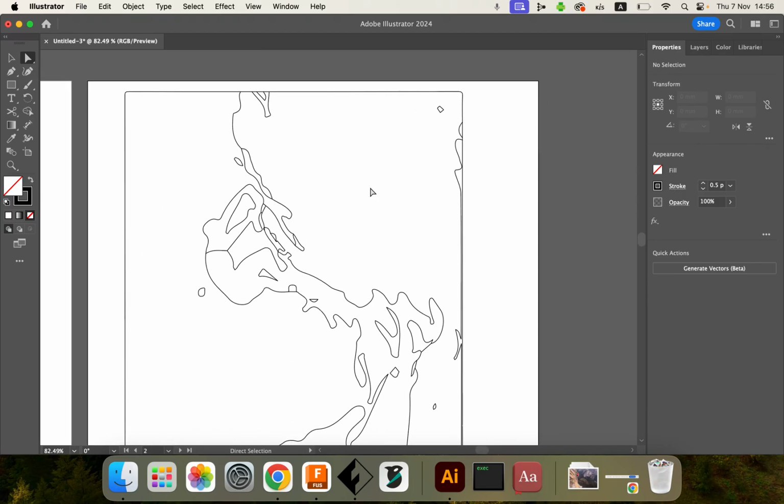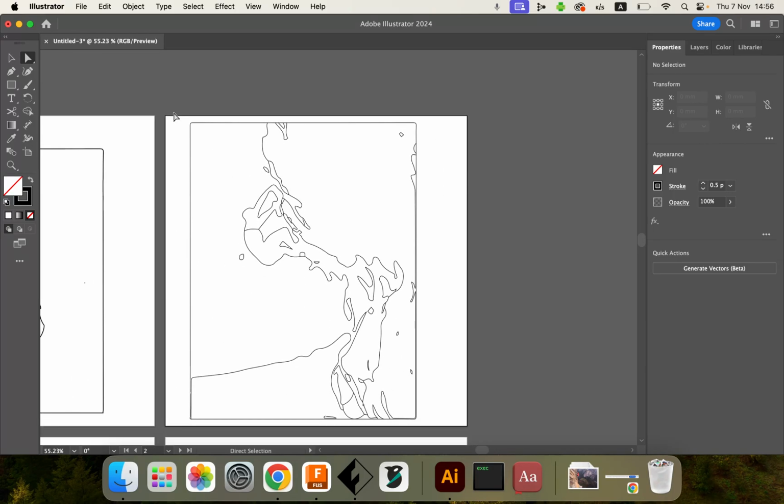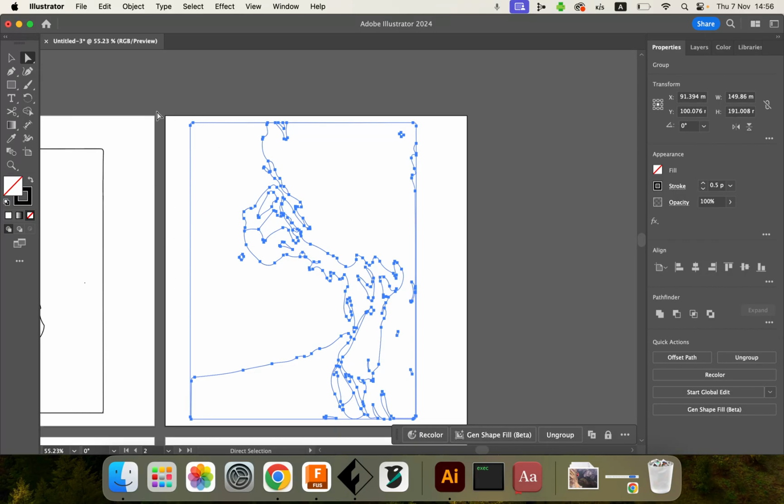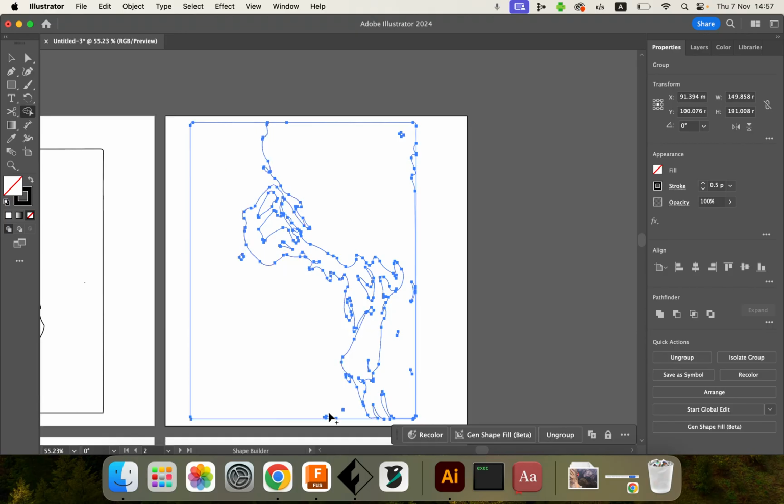So now you need to fix this up. The easiest way to do that to begin with is to use the shape builder tool. So you need to select everything, get the shape builder tool, and now you can start to click and merge any shapes that you want to merge together. Okay, now I can merge this one. Now you can see here, actually I quite like that. We don't need that bottom part. Okay,